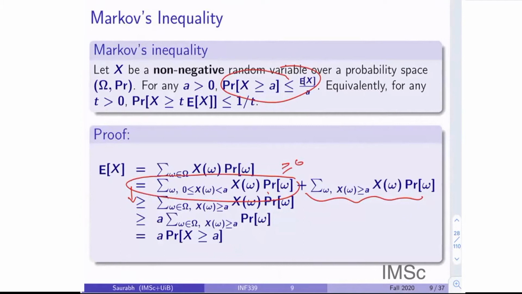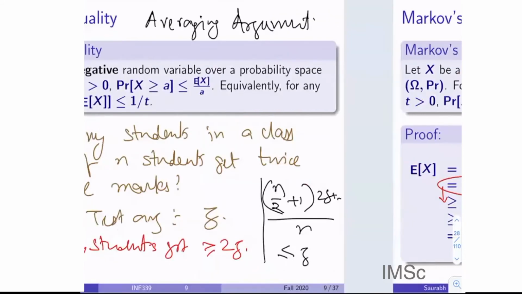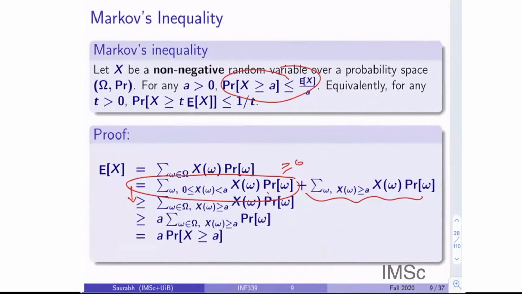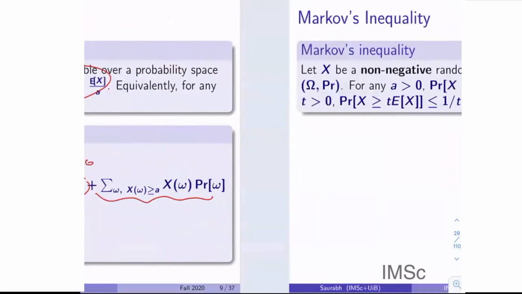So this plus this, and now we know that every X(w) is at least a. So I can write a times this. And this is exactly the kind of analysis which you did. Look, each of these takes Z quantity. If more than this will take, then this will happen. So this is exactly why I say this is an averaging principle. Okay. And now from here, you can get this. This is the only inequality which you need to know in life. Rest is just an overstatement of this.